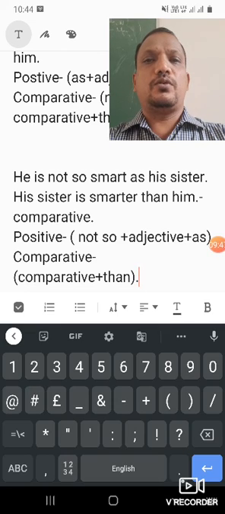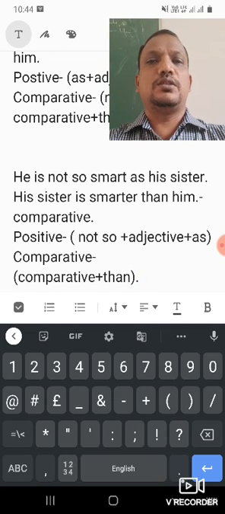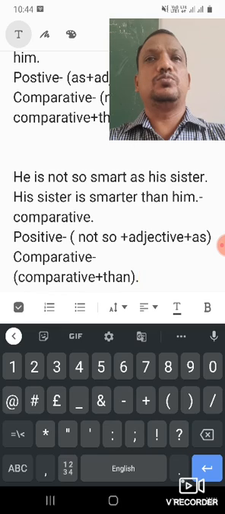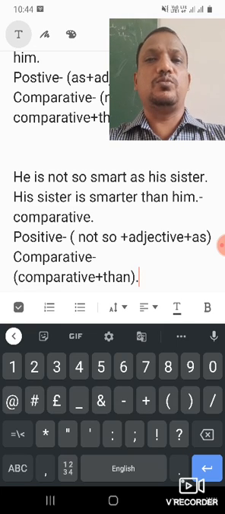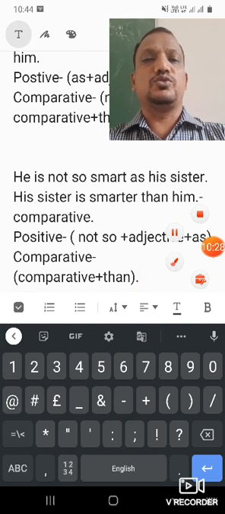And if you are preparing for competitive exams, then there will be some questions in English, and especially this topic, degrees of comparison, will be covered in the competitive exam in the section called spotting errors. In the error spotting section, a question will be given and you have to correct the error in the sentence and choose the correct answer. This knowledge of degrees of comparison will help you to prepare for competitive exams also.